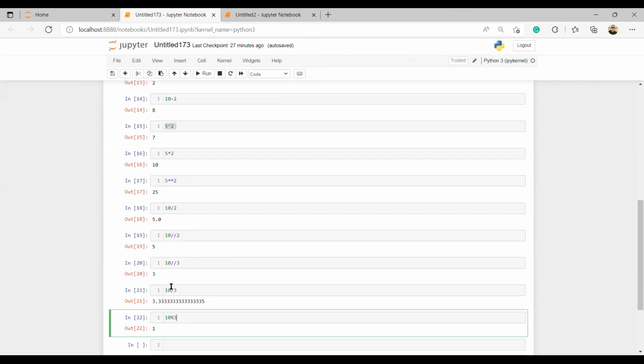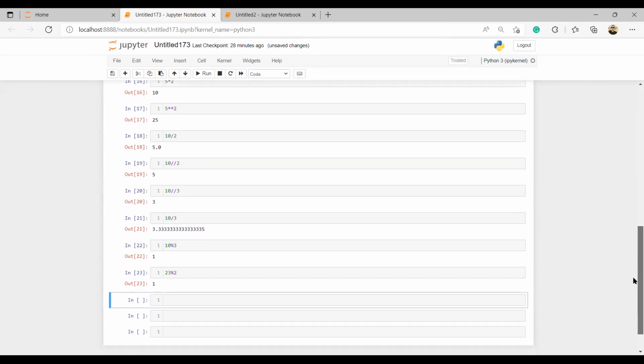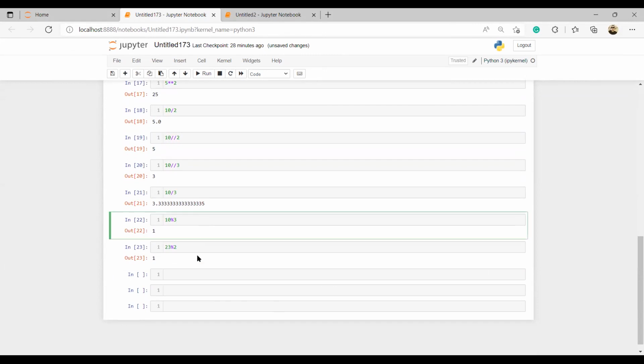The remainder is 1. That's what it is. So if I have, for example, 23 modulus 2, what will it be? 1. So do you understand? This is called modulus. Clear?